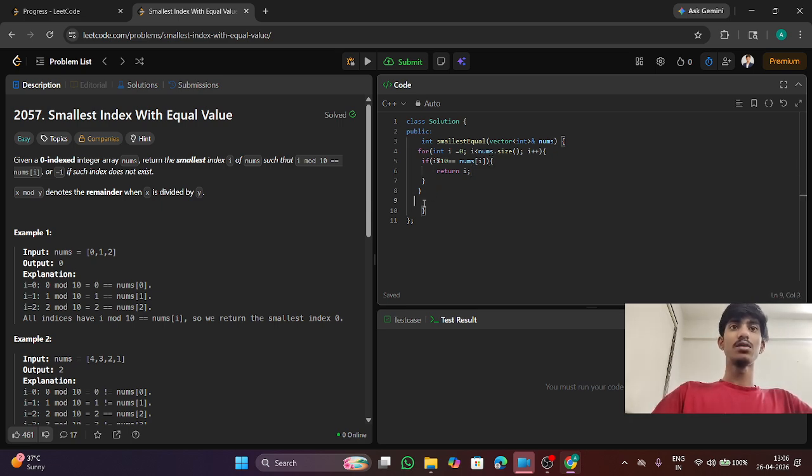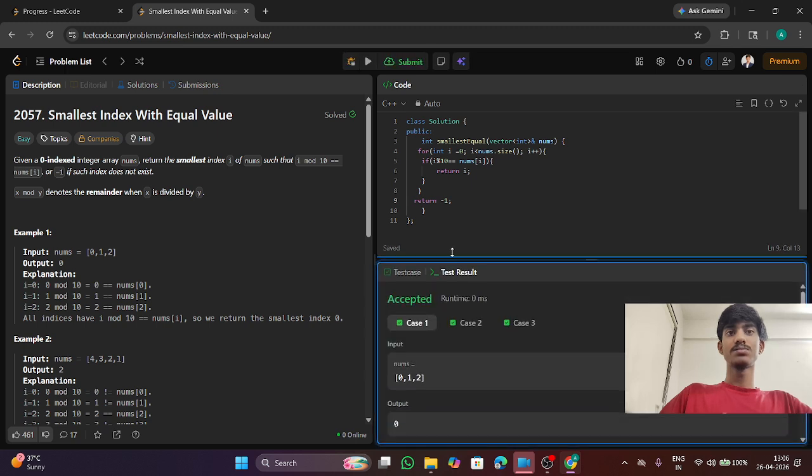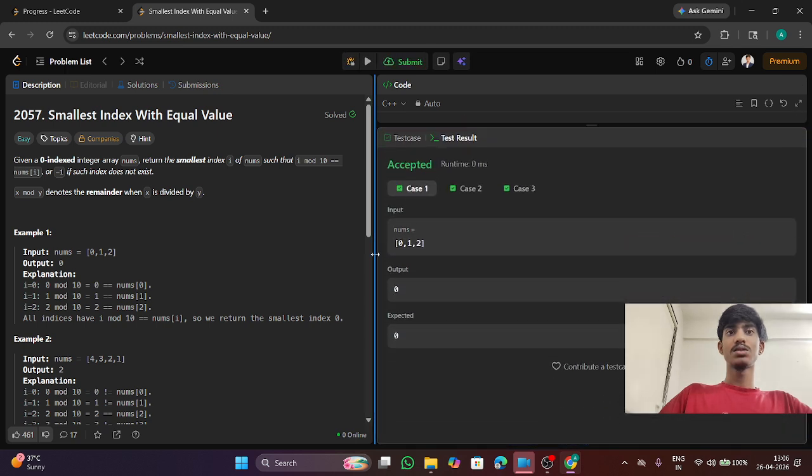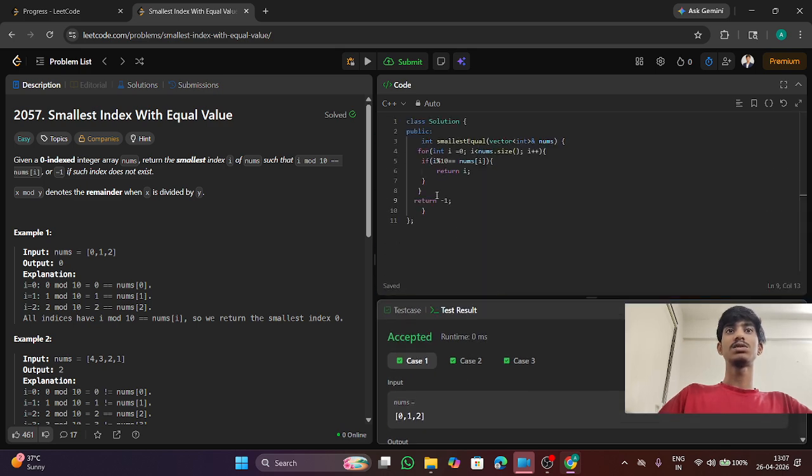If not that, if such an index does not exist, so I return -1. I will check the test case, it passes, and